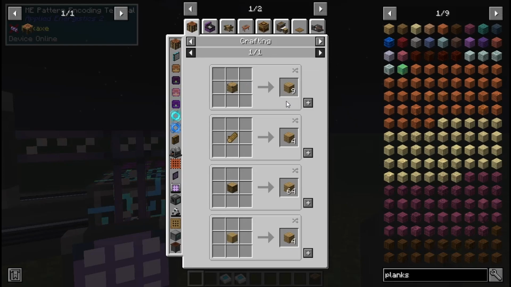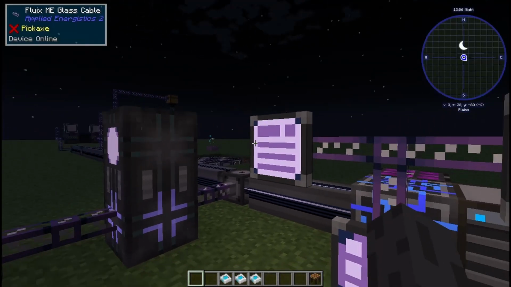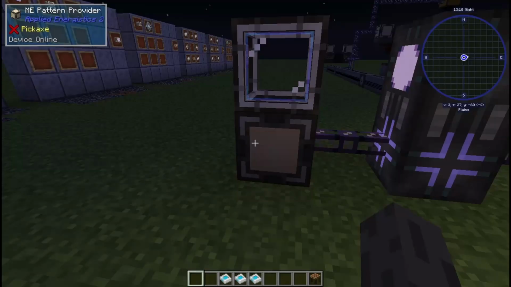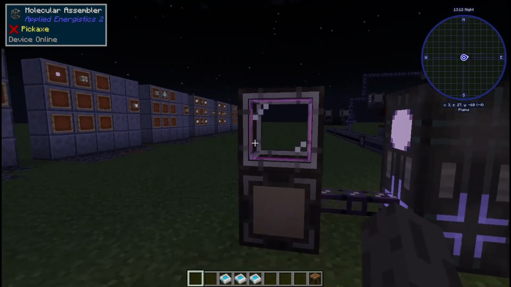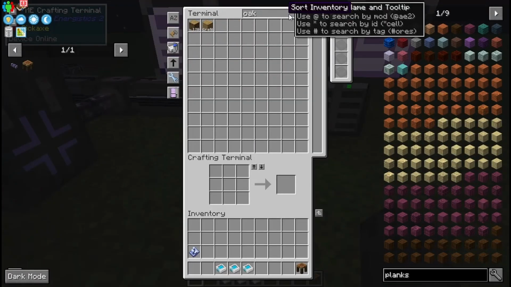So you'll do the planks from your regular logs. And you'll just select that one. And same idea. And then we already have them in here, but we would then place them in the pattern provider that we want. So we'll put it in here with this for the assembler. And then we just go into our system,